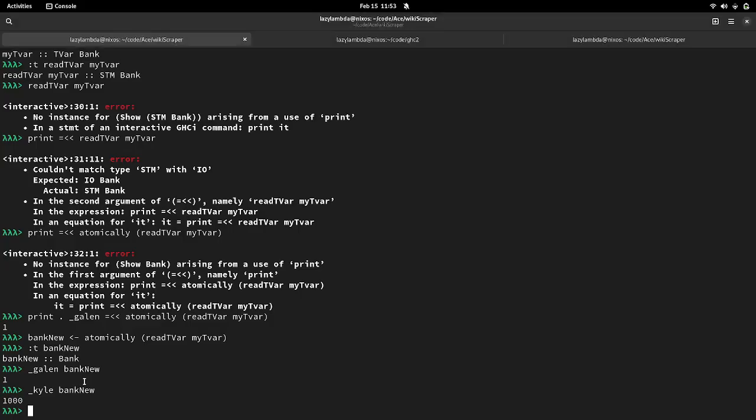No. So, if I were to come up with a question, what would be the difference? Because you show that we can't just run an IO action, and I think this is extremely powerful. But can you explain a little more why we wouldn't want to just run an IO action?